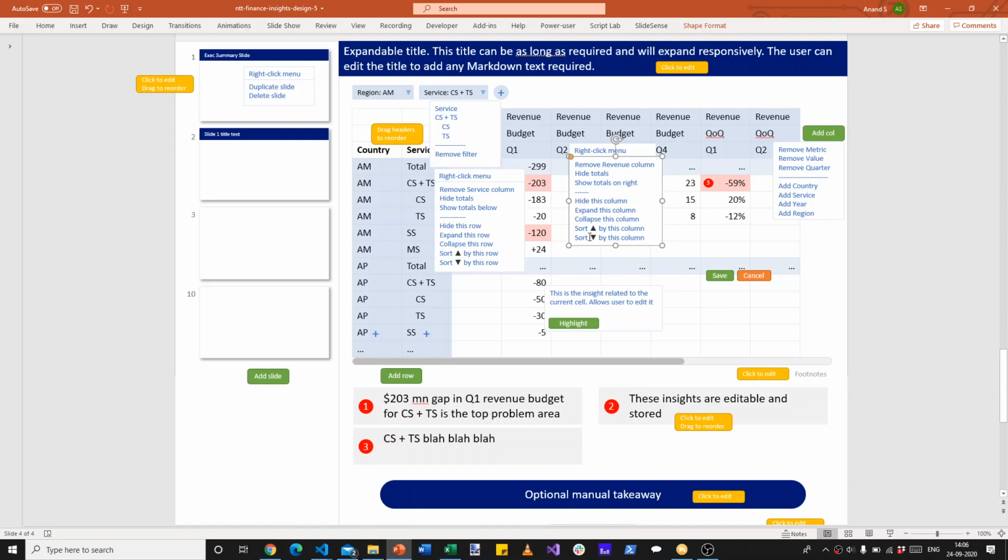I can expand, collapse, sort. So in this case, it will sort the rows in ascending or descending order. So that's another set of capabilities that we want.